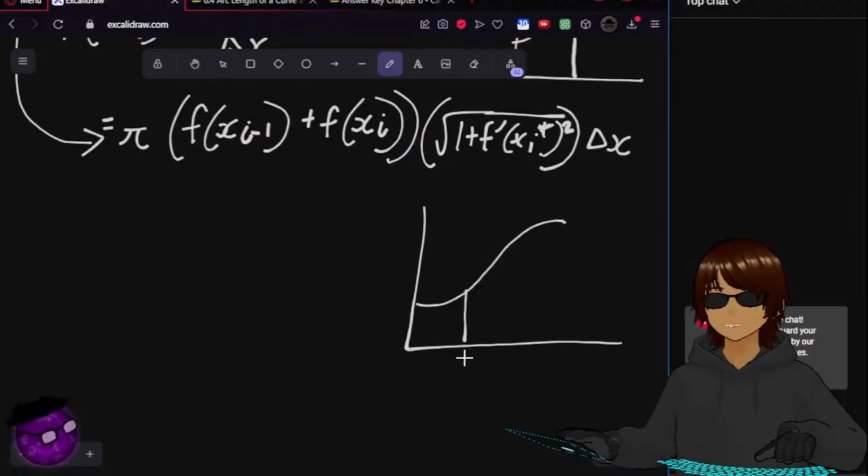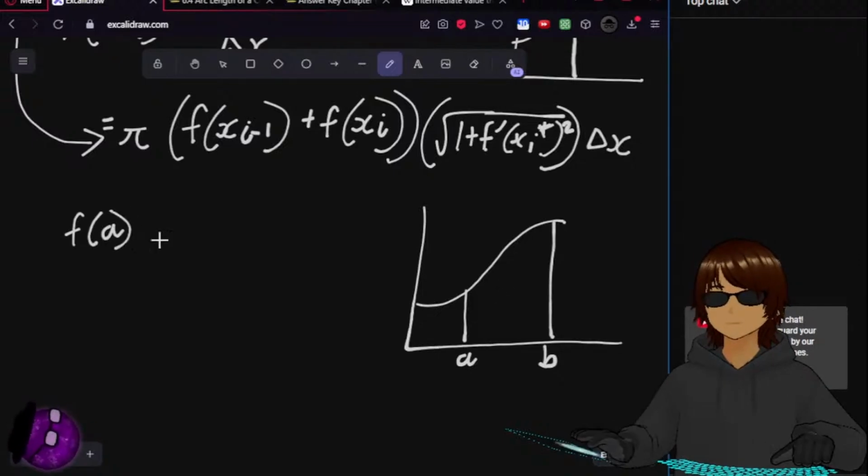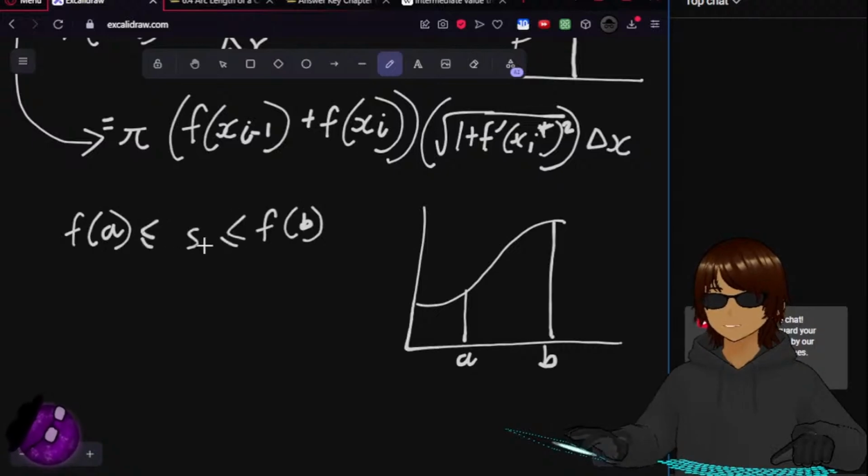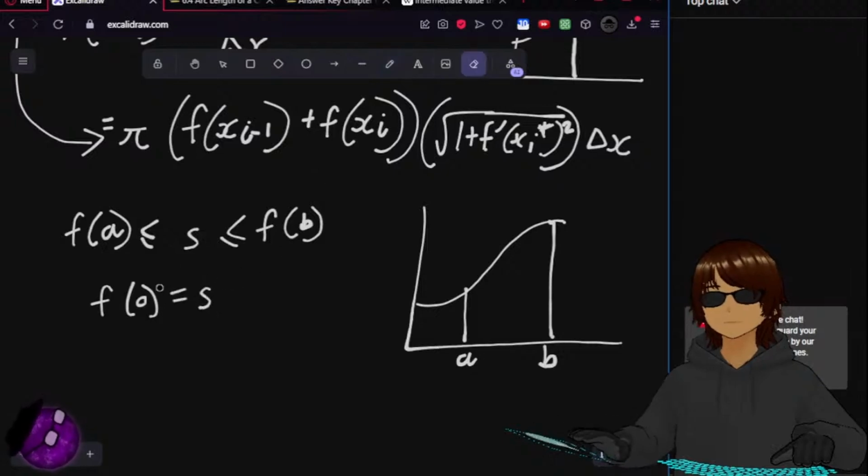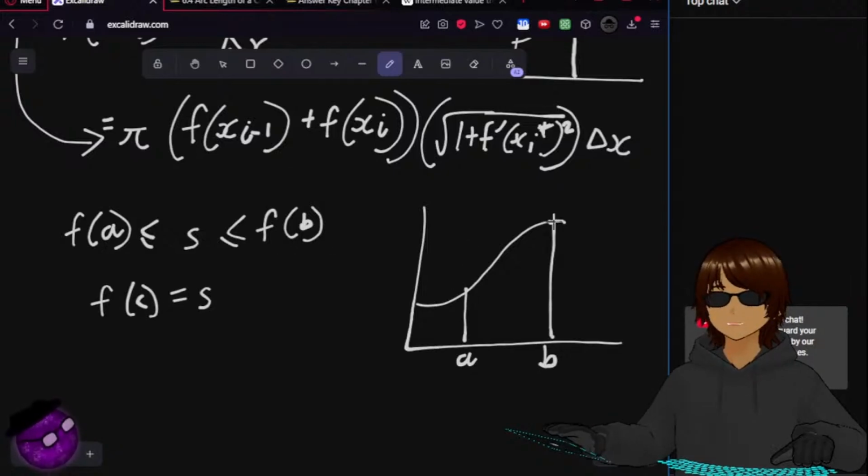If you have a continuous function between a to b, you have f of a and f of b. So I can define any number between f of a and f of b, and there'll always be some value c which will be equal to it. I think it's an obvious theorem, like it's trivial, because since it's continuous, every value between f of a and f of b will be defined, right? So that means going back here,